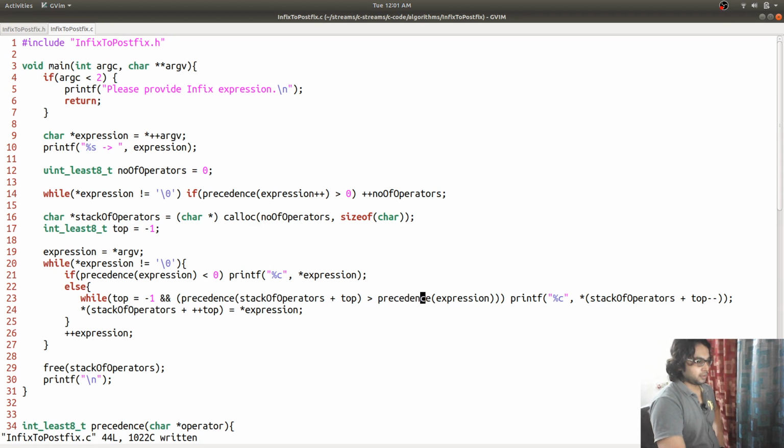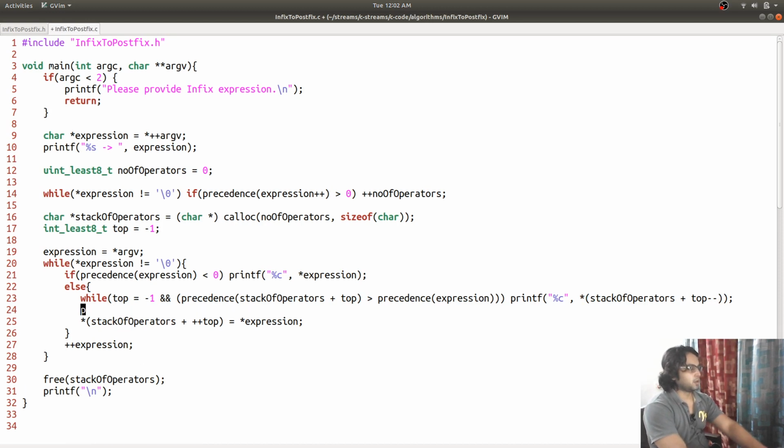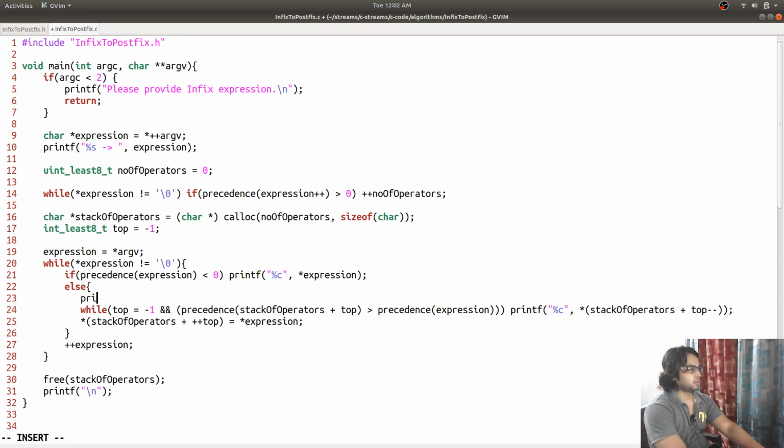It is correct. So I'm going to see that, printf percentage C operator, operator check.